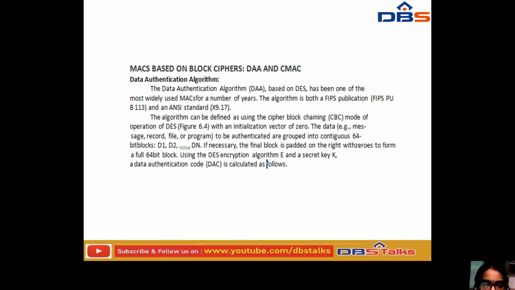So now let us see about DA. DA means data authentication algorithm. The data authentication algorithm, based upon the Data Encryption Standard, has been one of the most widely used MACs for a number of years. The algorithm is both a FIPS publication, FIPS meaning the standard, which has been used in a large number